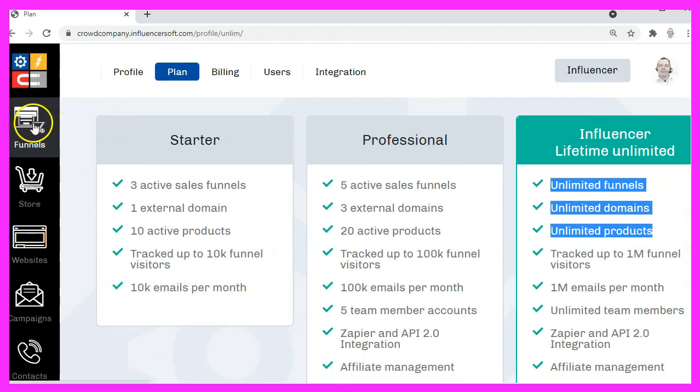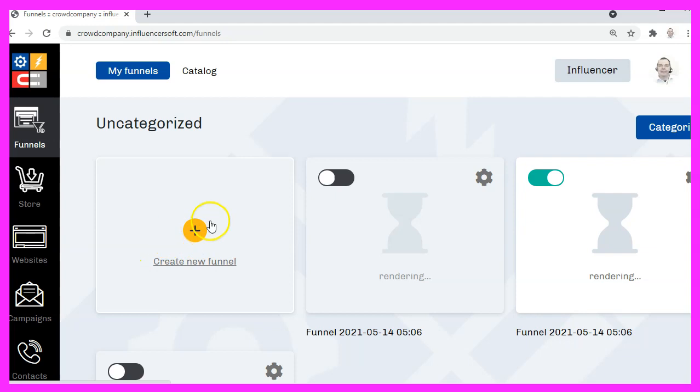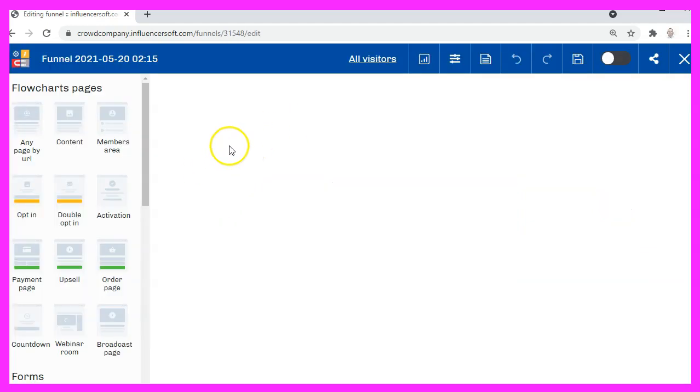Now please click on Funnels, create new funnel. Here is the visual funnel builder and we need to click on the opt-in component. In Europe, you would use the double opt-in, so this is not GDPR conform, but it might be a good solution in other countries, or if you want to sign up one of your existing members to some other content.